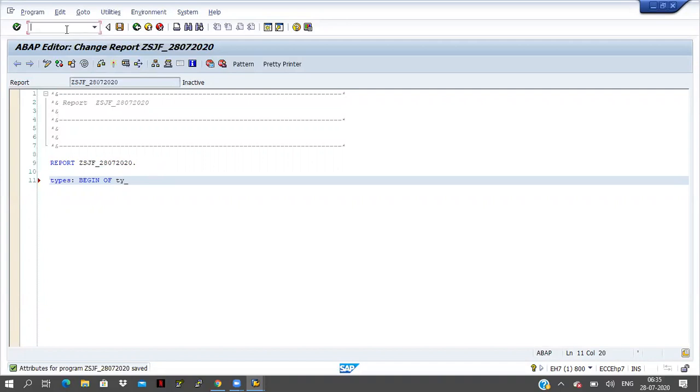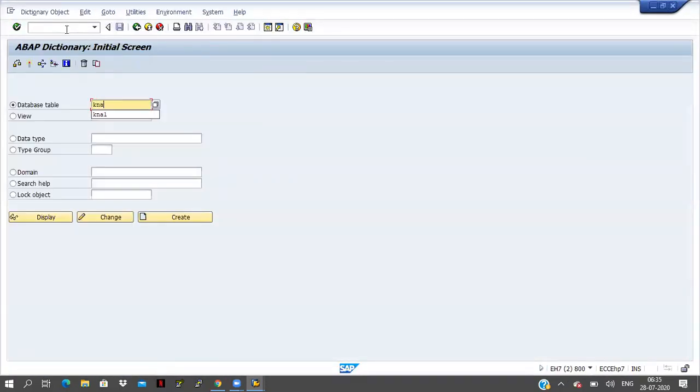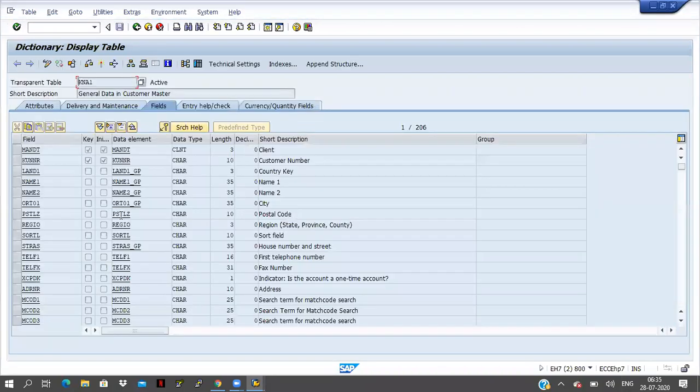I think you have already practiced on that KNA1 table. KNA1 table means customer master data here. You can maintain the customer number, name, address, mobile number, blood group. All this information you can save in the KNA1 table.